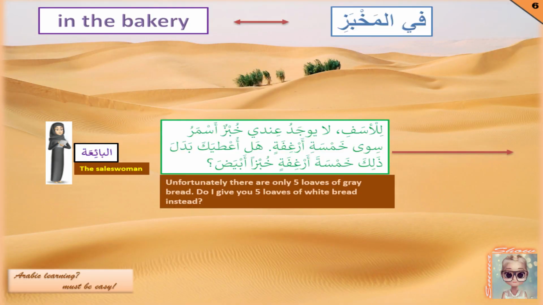لا يوجد, the word يوجد alone means there is, but with the addition of la in front of it, the meaning turns to there is no, or there is not. I'm confused. La yujadu means there is none or there is not. Both, because we usually deny or negate the verb and not the noun. So both translations fit. Okay, next.